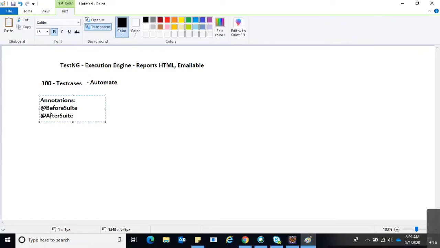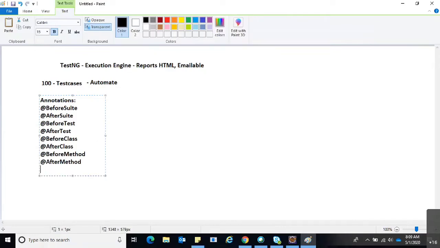We're going to mention them like this: @AfterSuite, @BeforeSuite, @BeforeTest, @AfterTest, @BeforeClass, @AfterClass, @BeforeMethod, @AfterMethod. So we have different kinds of annotations, and a couple more as well.